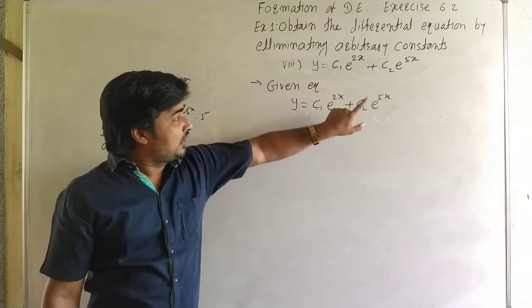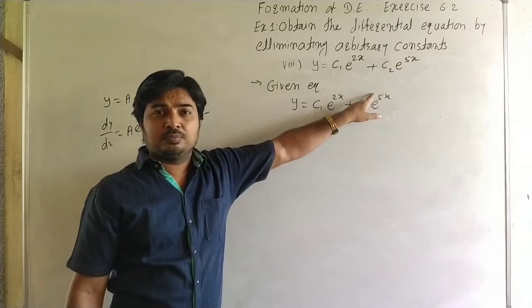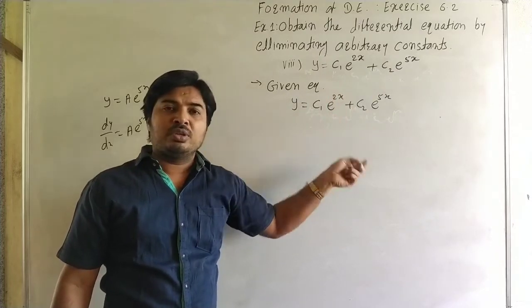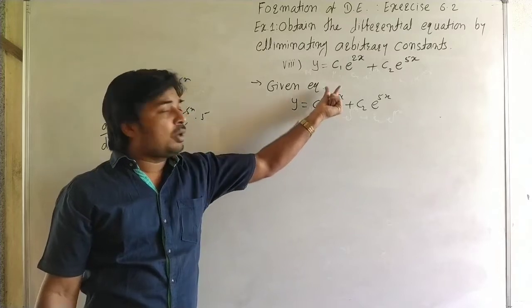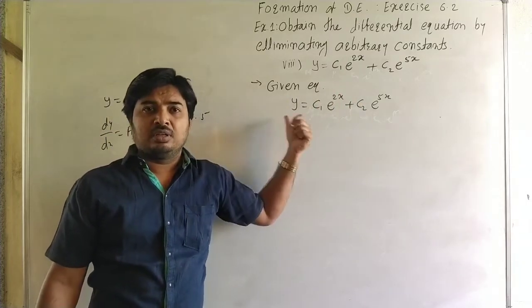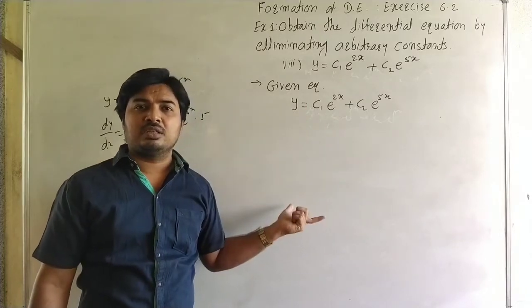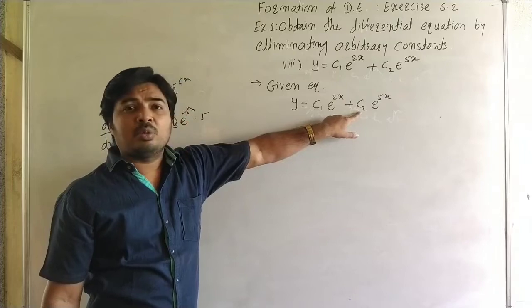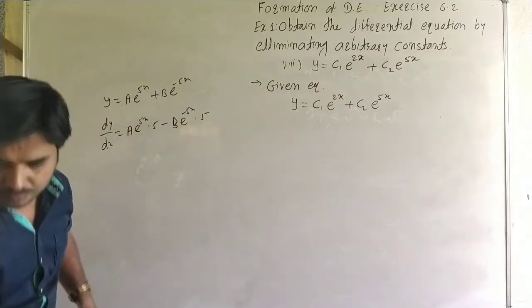So first divide this equation by e raised to 5x, then the arbitrary constant c2 is alone and when we differentiate, c2 is eliminated. Or we divide by e to the power 2x, then c1 is alone and when differentiated c1 is cancelled and the other arbitrary constant is removed. Same procedure applies here. Now